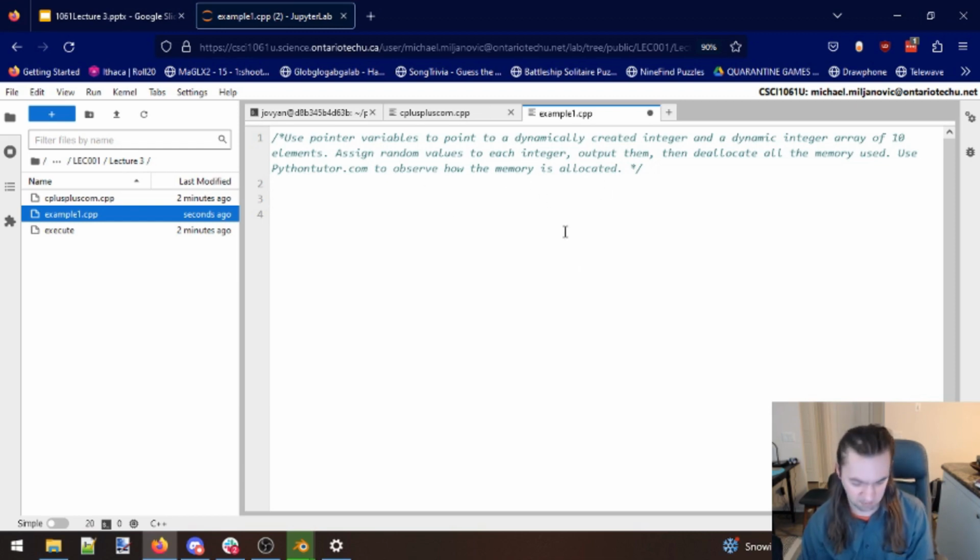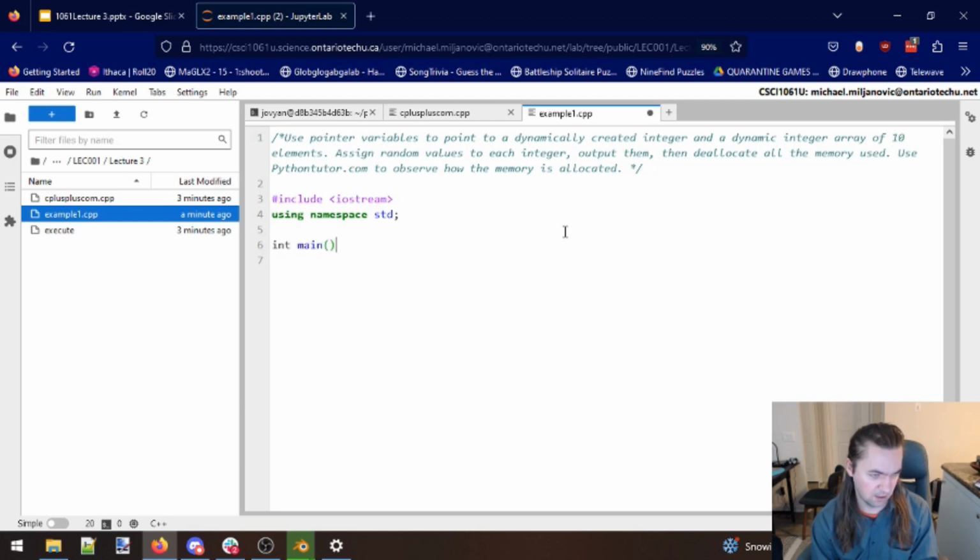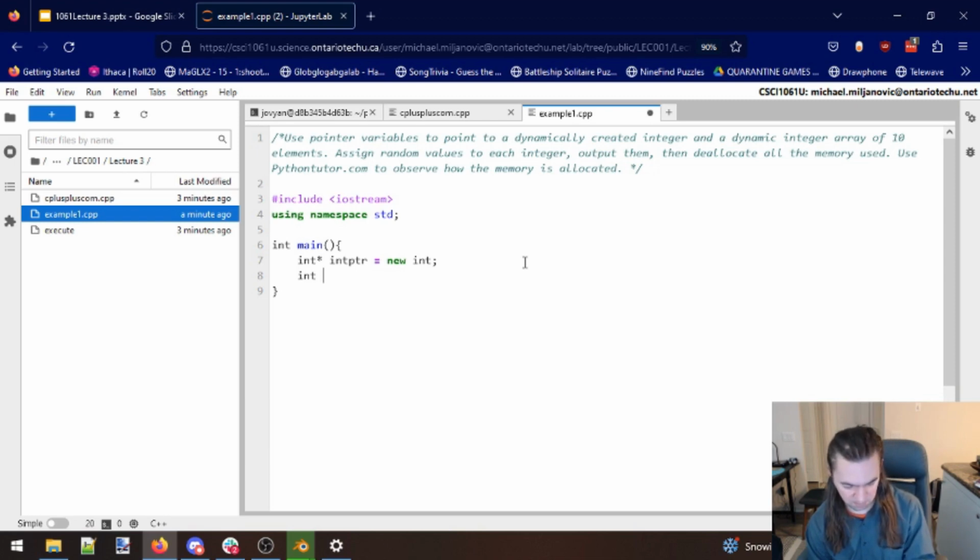So lots of stuff written here. Let's break this down one at a time. As usual, we start with our favorite ways to begin a program, so that we don't forget. Main. Okay, that's already there. Dynamically created integer, dynamic array of 10 elements. Okay, so dynamic integer, I need to have an int pointer, which is going to point to a new integer. I'm going to need to have an int array pointer, which is going to point to